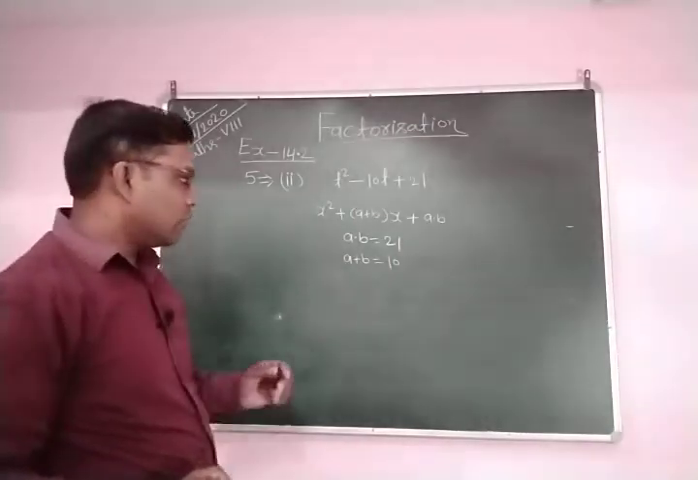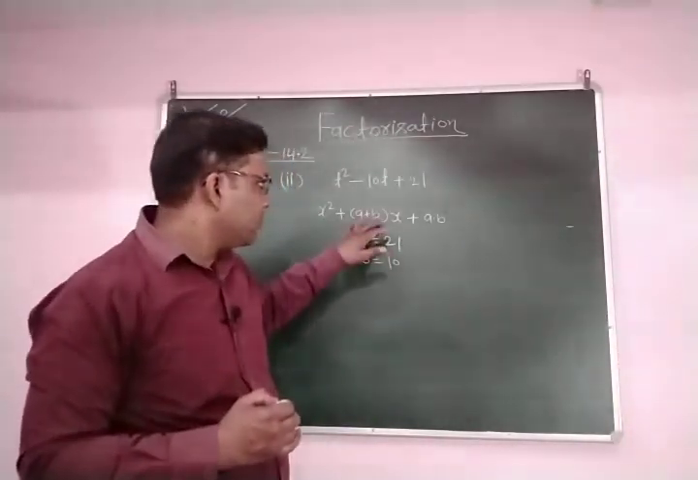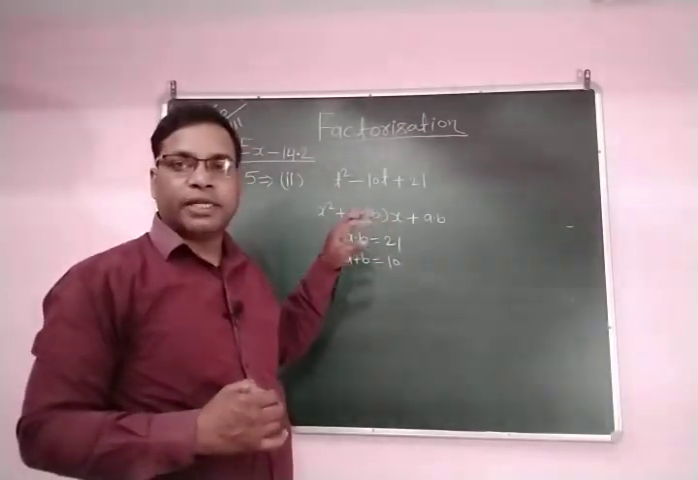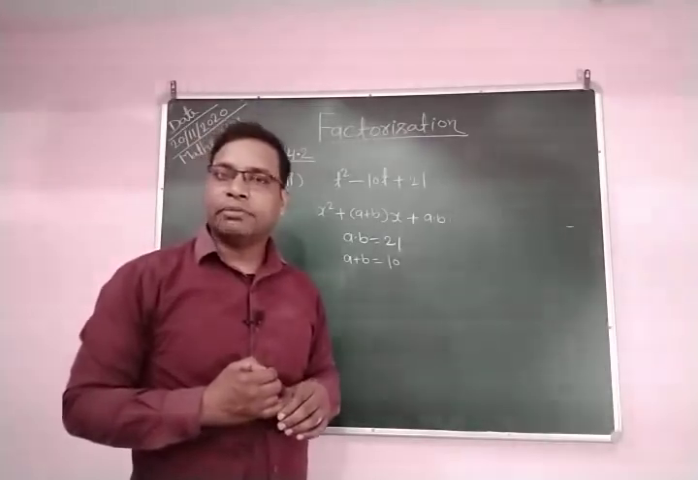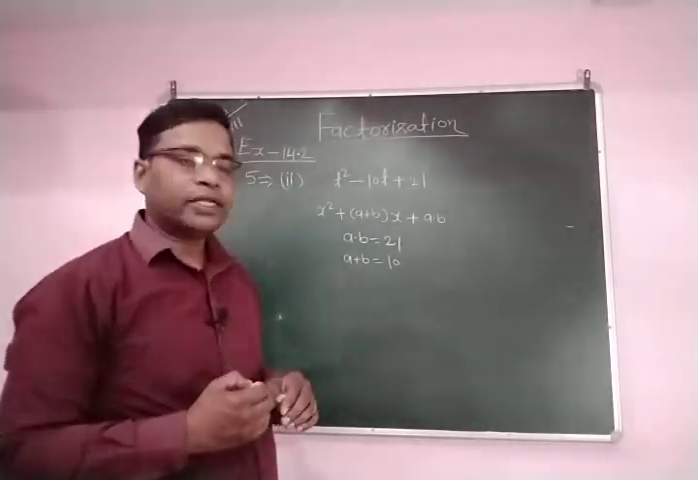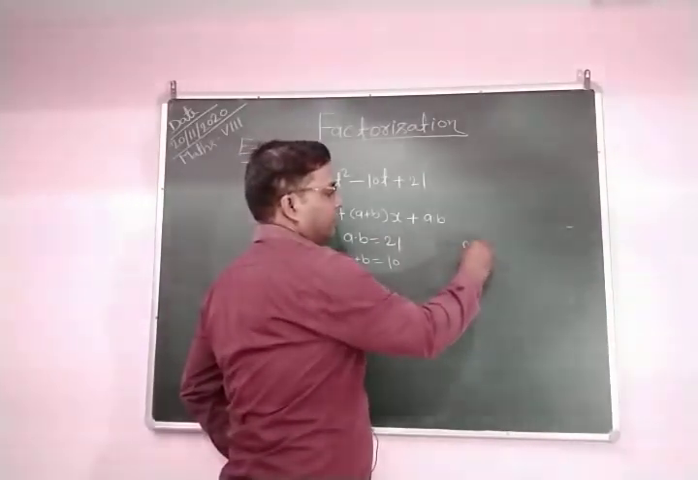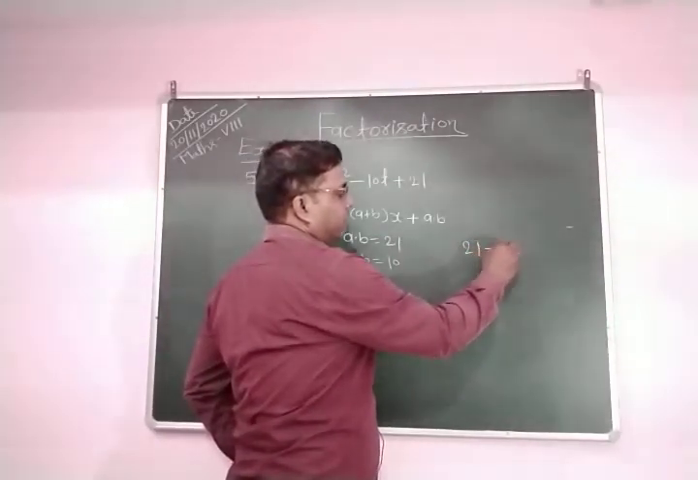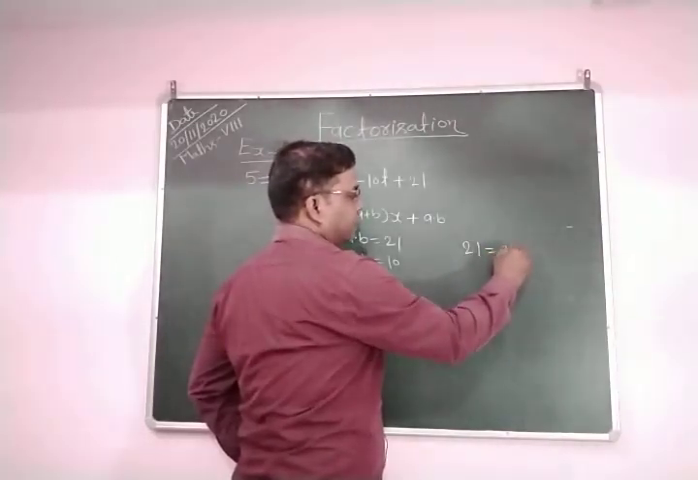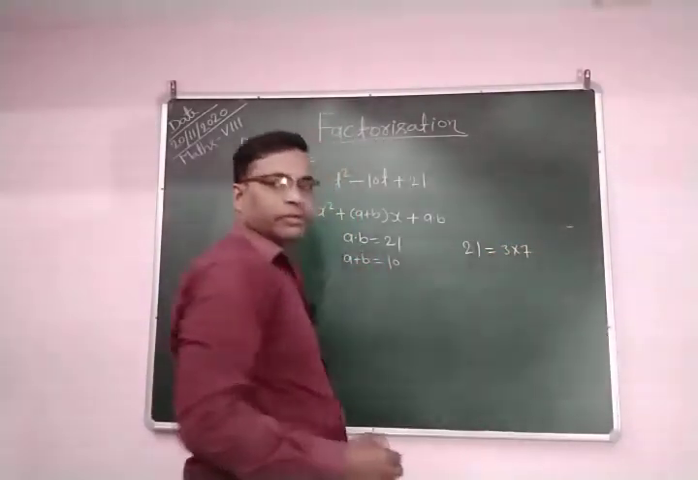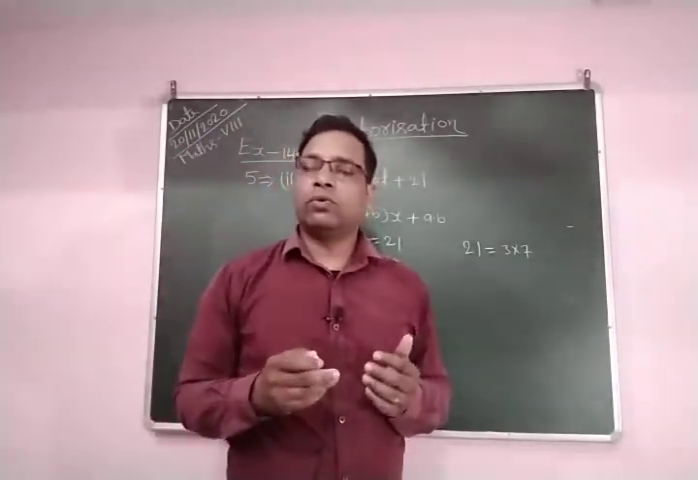Clear? So how can we find the value of a and b? If we put the value of a and b here, then you can easily find the factors of the given expression t square minus 10t plus 21. For this, the factors of 21 you can write as 3 into 7. Clear? Obviously you can write it as 7 into 3 or 3 into 7, and 1 into